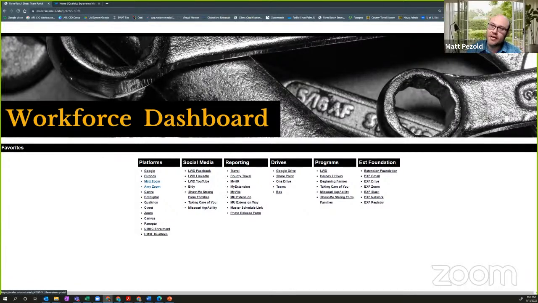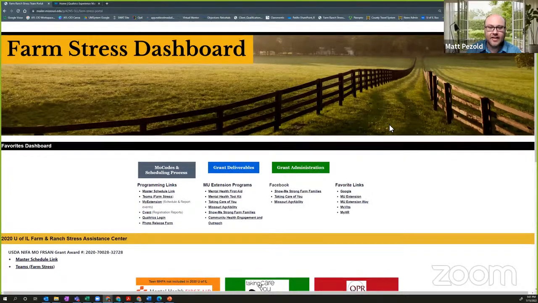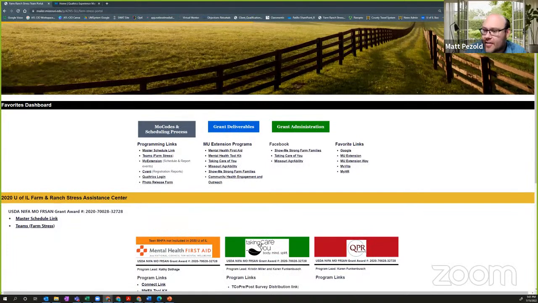So I'm going to return to the original Farm, Ranch, and Stress dashboard and just say this is a simple concept and tool. Digital is a platform that we use to create this dashboard, but you can do similar dashboards through other platforms such as Google. But the whole purpose of doing it is to make the workflow process better and to create a process and a product that we can control and manage, so that we're not relying on other individuals or webmasters to control that process. So again, I hope this demonstration was helpful, and we hope that you'll be able to take some lessons and best